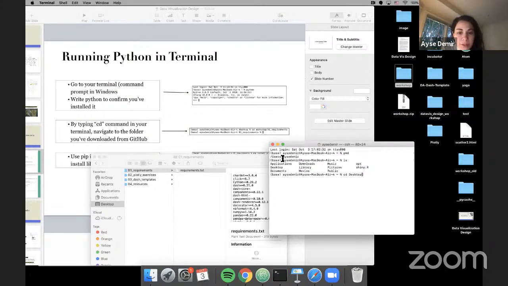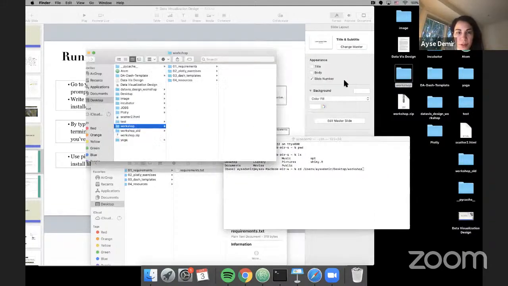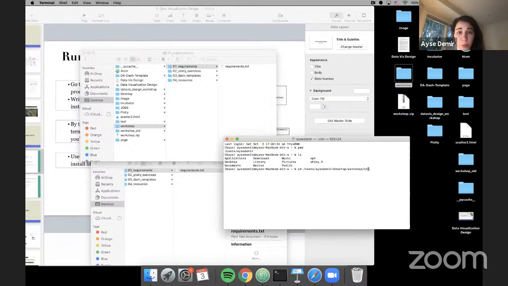Since I'm already in this folder, it takes me into the child folder, but you can also write desktop. After that, I want to get into the workshop folder, and from here, into the requirements folder,